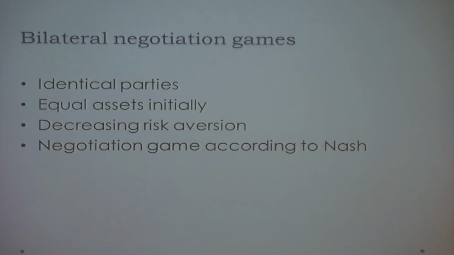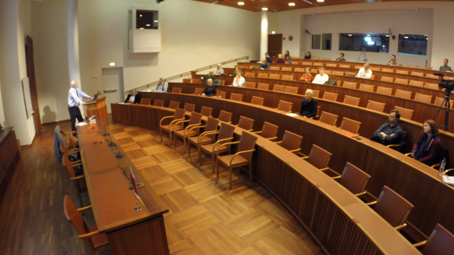Now my proposal, again, as you might guess by now, is that we are dealing with an unstable system here. To make it very simple, think about the minimal society we could imagine, consisting of two persons. Say, for instance, two farmers who are living next to one another and who need the cooperation of one another in order to produce the annual harvest and to survive until next year. Assume that they are identical. They make the same effort, they have the same preferences, and they have the same assets initially, equally rich at the start.